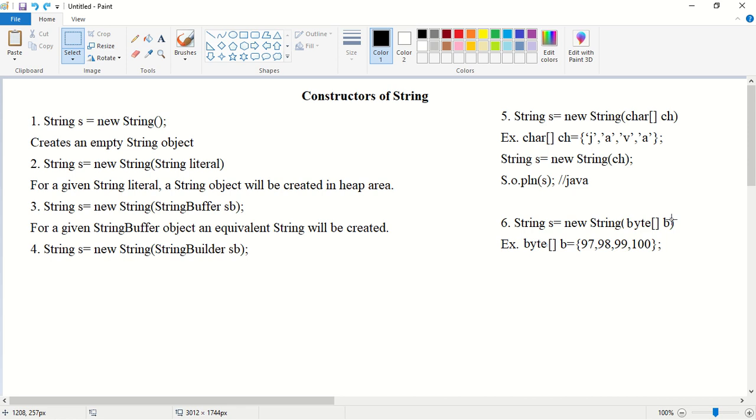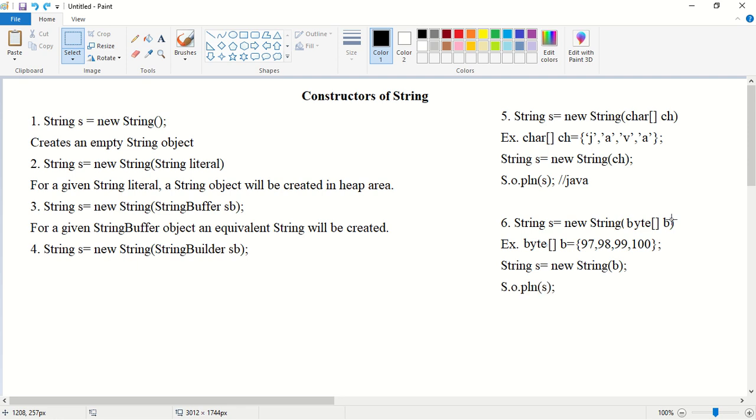For example, byte array b is equal to 97, 98, 99, 100. Those are the contents of that byte array. Next, String s is equal to new String of b. So what is this constructor going to do? This constructor is going to convert the given byte array into an equivalent string.